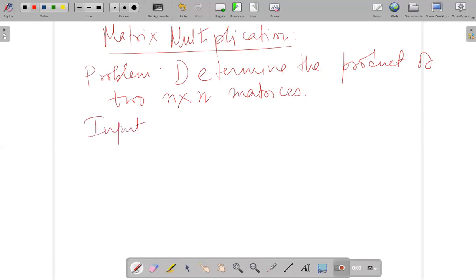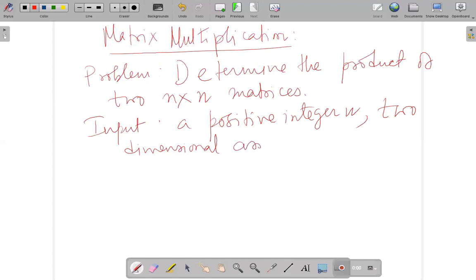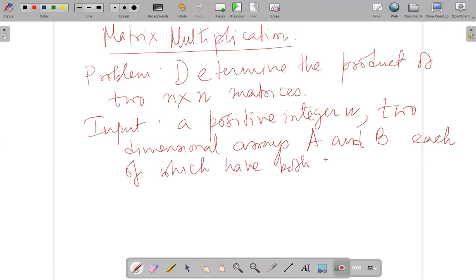Input: a positive integer n, two-dimensional arrays A and B, each of which have both their rows and columns indexed from 1 to n,